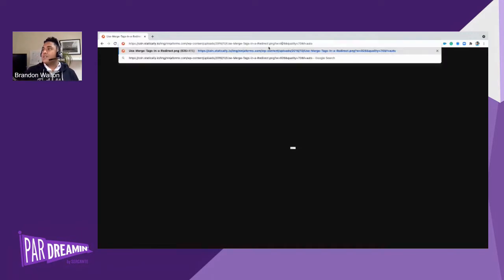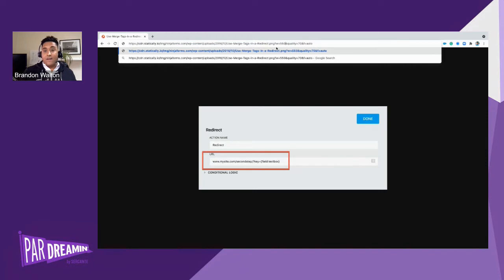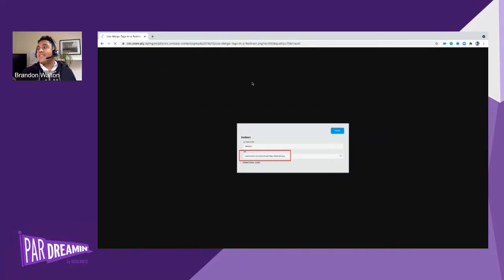What's cool about using services like Statically and these CDN networks is we can change the size of this image just by changing the link that we're using. If you're an email marketer, this is really useful, because if you have a really large image in an email and you want to make sure it's optimized for size, you can just go in and say, I want the width to be 550 to look really good in all of my Pardot emails. And then it's just going to make that adjustment for us.